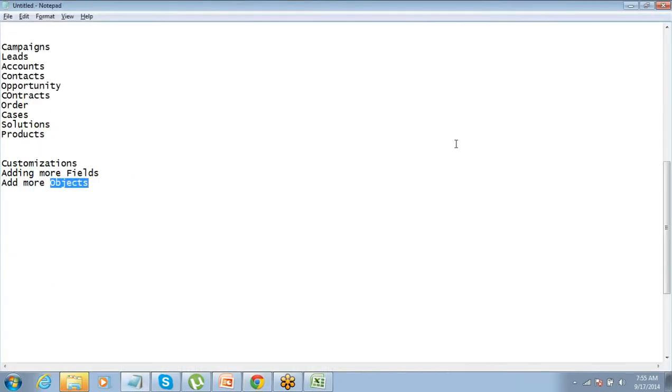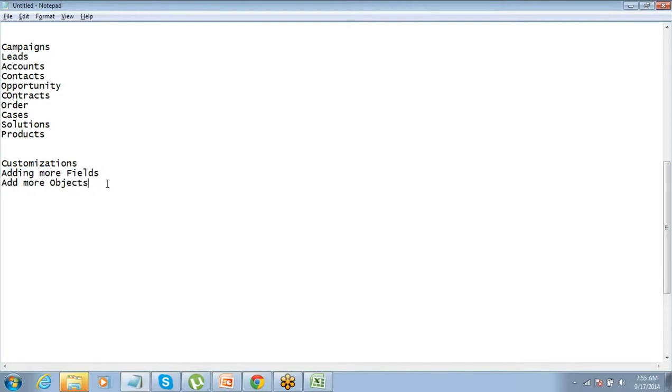Alright. These are the basic levels of customization which you can do. On top of that, you can always go ahead and do automations and a lot of other things which we will gradually get into. But I want you to understand how to add fields and objects. So this is one thing.